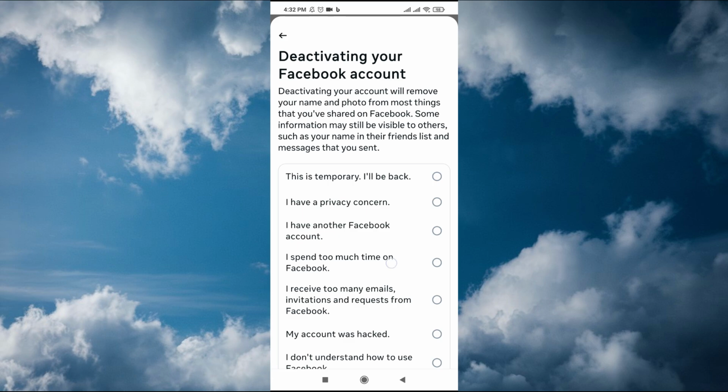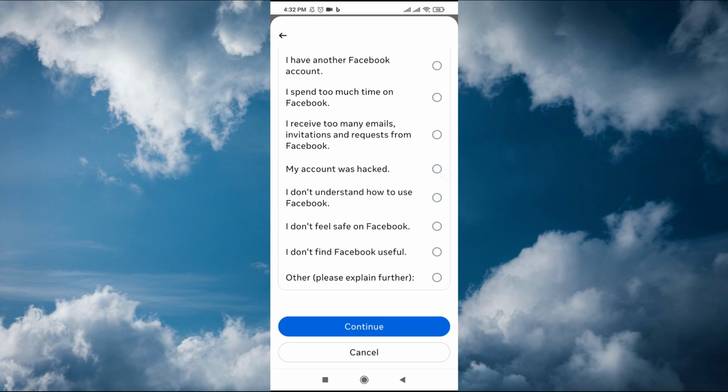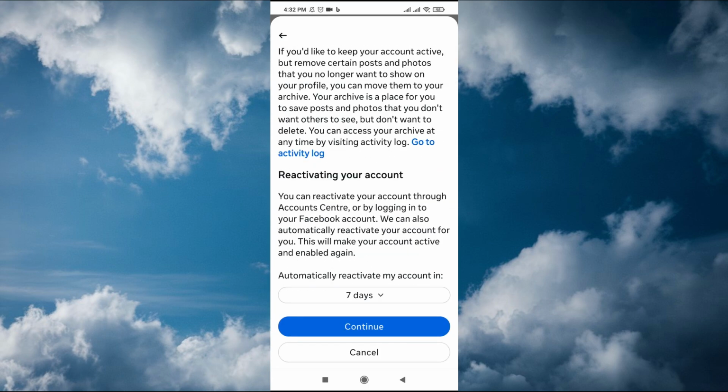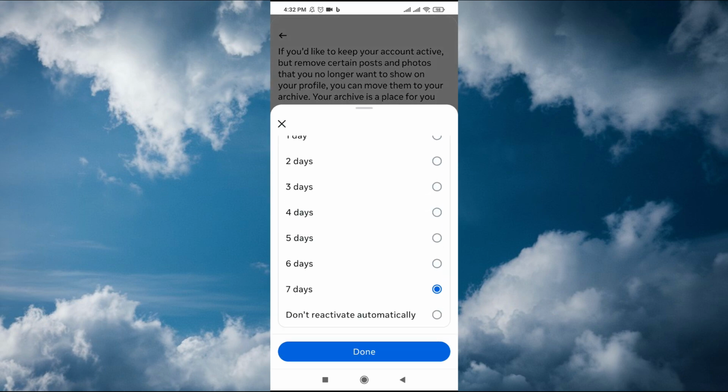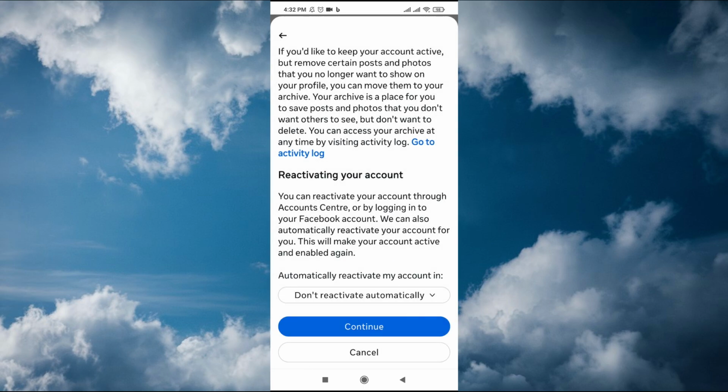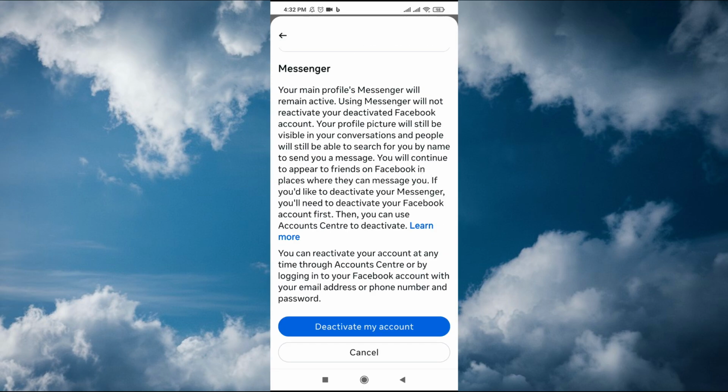Now you just have to choose an option here, choose this first option and tap on continue. Then you can choose how many days you want to deactivate your account. You can choose days from here, but you can also choose don't reactivate automatically. Press done, tap continue. Then you just have to go down and press on deactivate my account and it